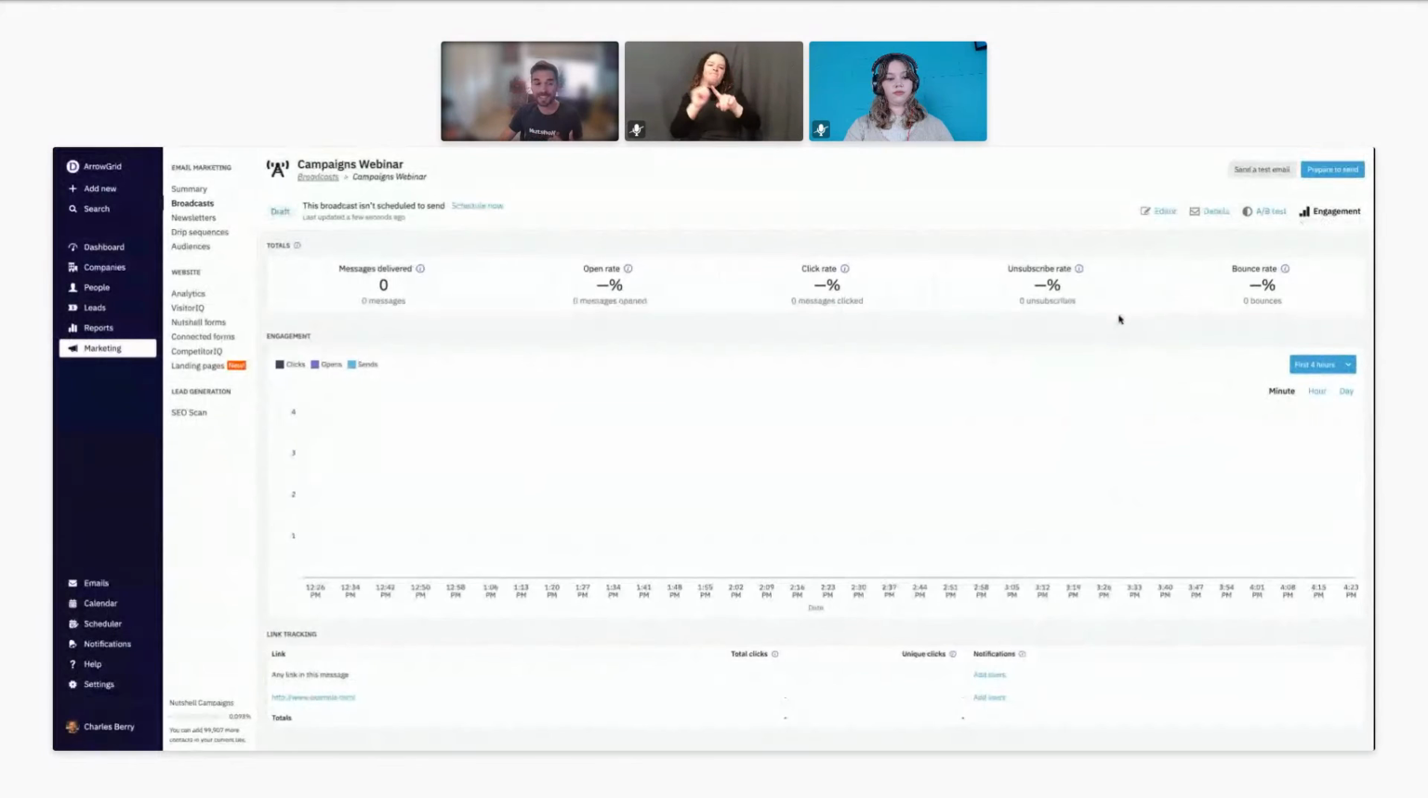And obviously, I didn't send this email out yet, but you can go ahead and look at the individual engagement for each individual email you send out. So how many messages were delivered, what was the open rate, the click-through rate, unsubscribe rate, and bounce rate that we shared earlier. So again, that's just a little bit of the inside of the Nutshell marketing section here,